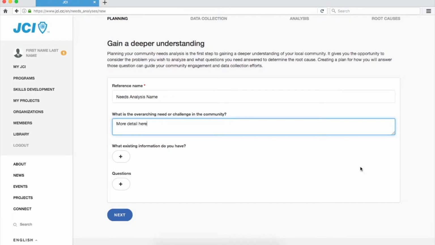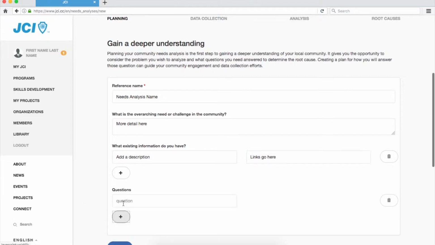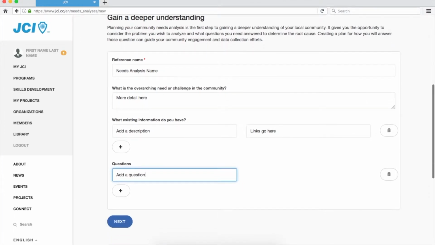Under What existing information do you have, click the white plus button to add a description and link to any evidence you have describing the community need. You may also add any questions you have that need answering before a project can be completed by clicking the white plus button below Questions. After you have entered all related questions and information resources, click the Next button to proceed to the Data Collection